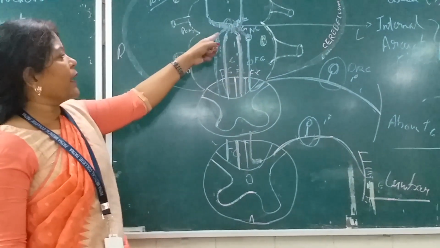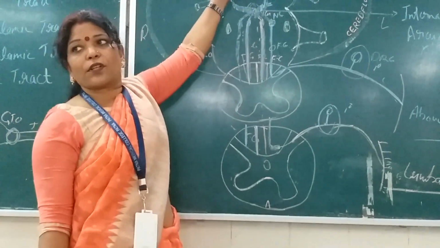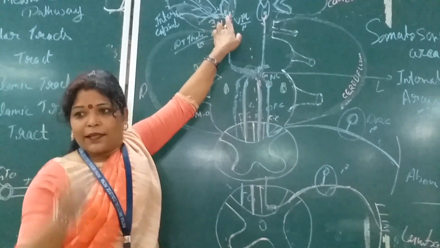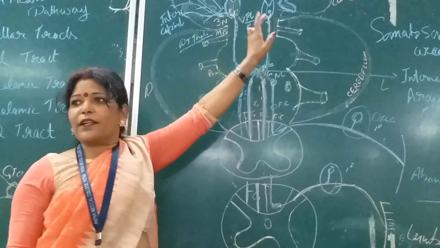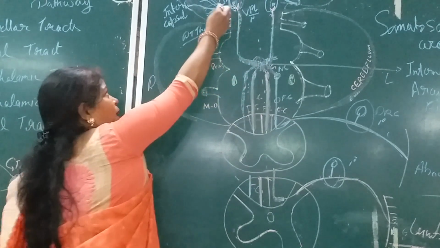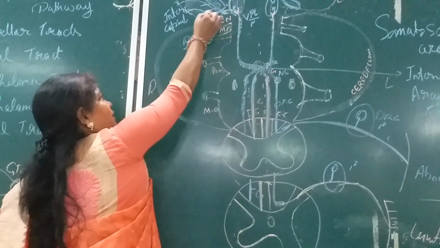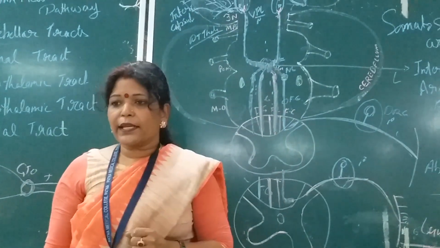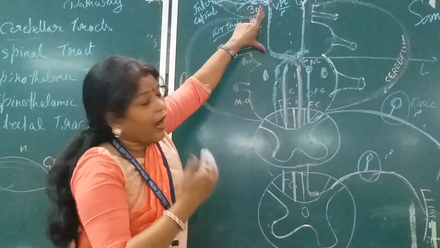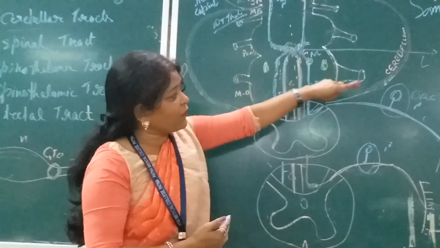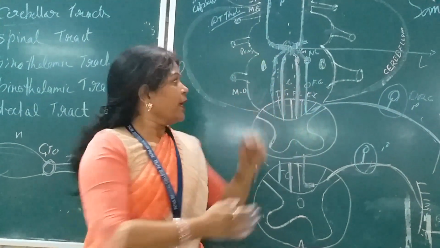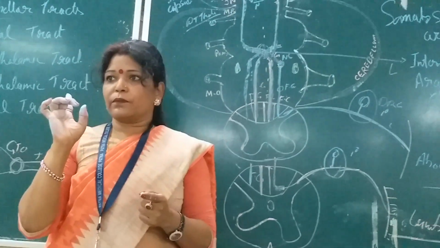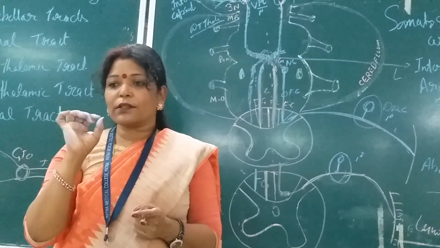And after that, the bundle of the axons or the tracts moves upwards, relaying the synapse here with the third order neuron, and then through the posterior limb of this internal capsule, that is projected to the sensory cortex of the cerebral hemisphere. After the crossing, after the formation of the internal arcuate fibers, this ascending pathway has got a very special name that is asked in the viva or the objective.